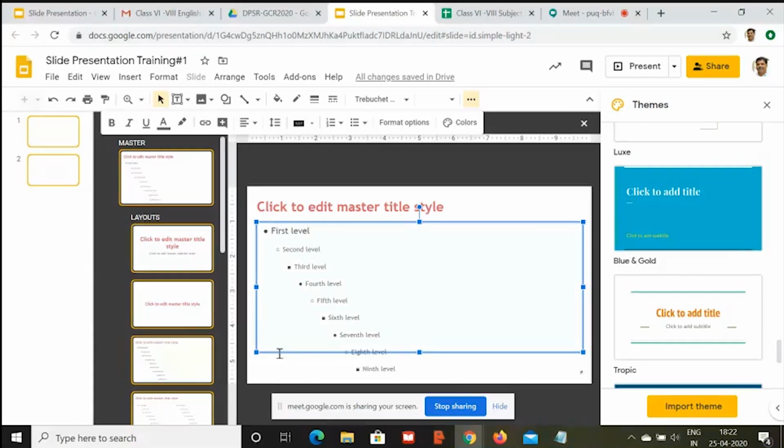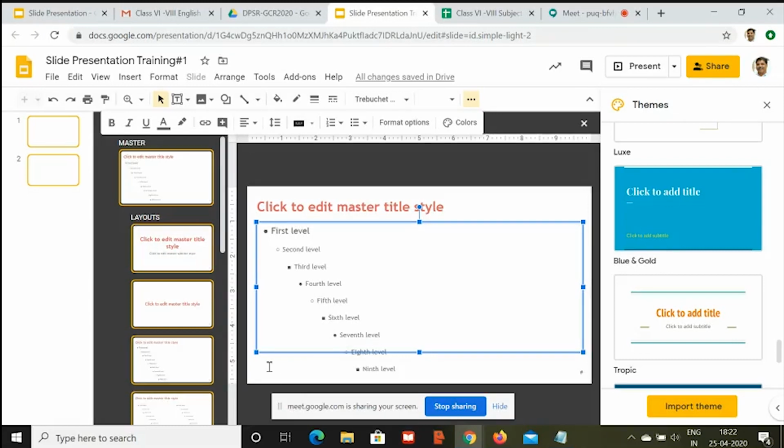So that is one very important point you should be careful about, because when you are sharing the slide on Meet, the lower portion is normally covered by your message which says meet.google.com is sharing your screen and a blue colored button. So you will be taking care that at the bottom there is no content. So it will not be hidden by that button, right?